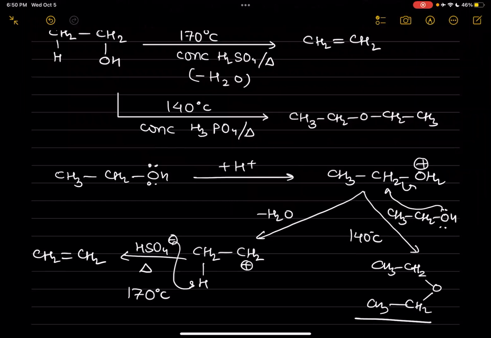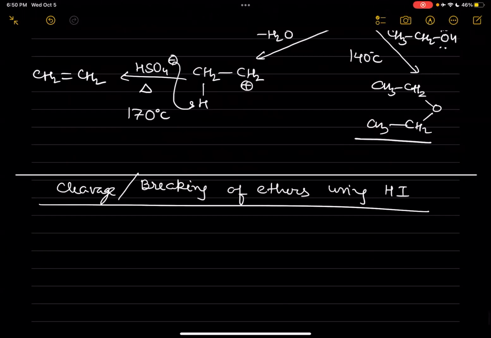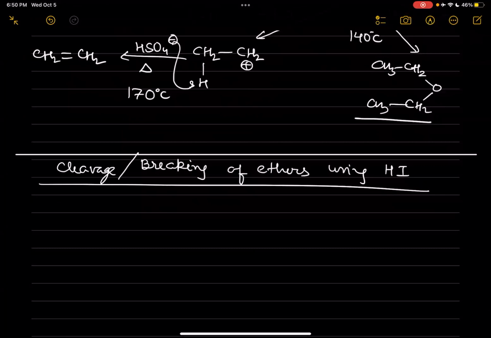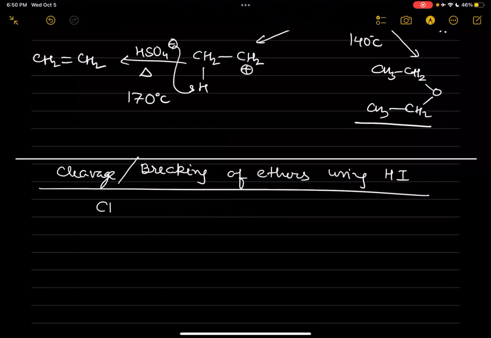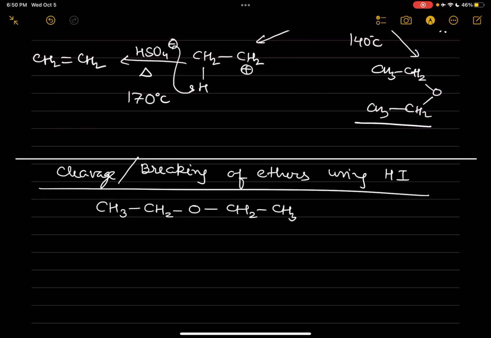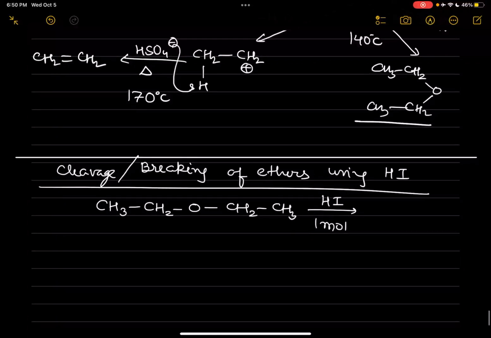It comes out as water. So you require acidic medium,